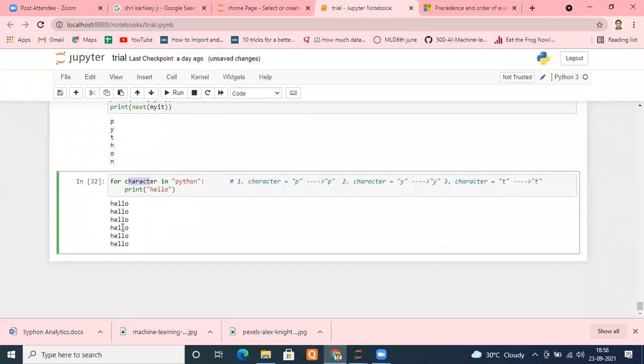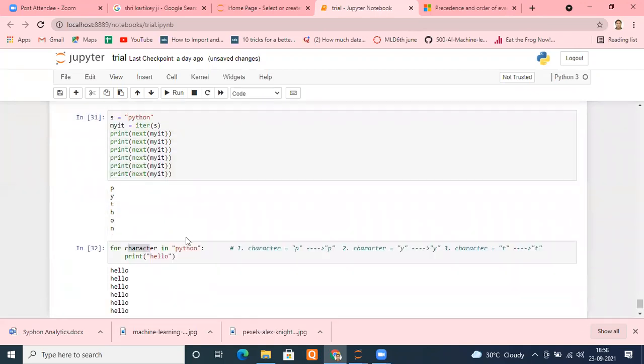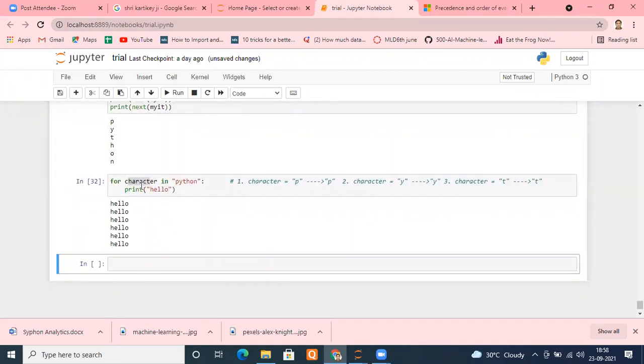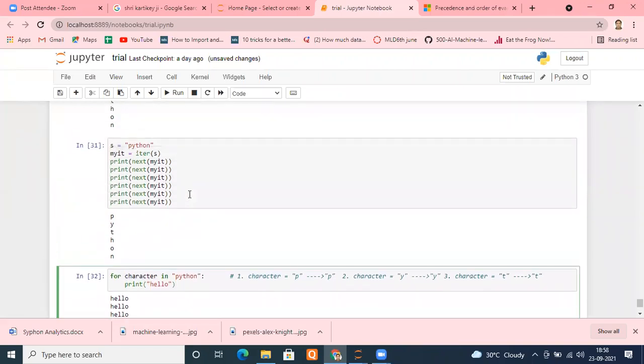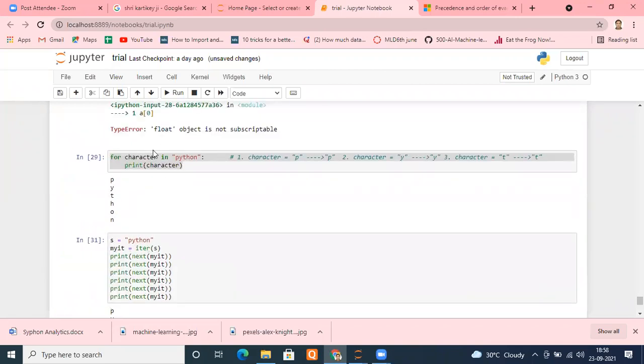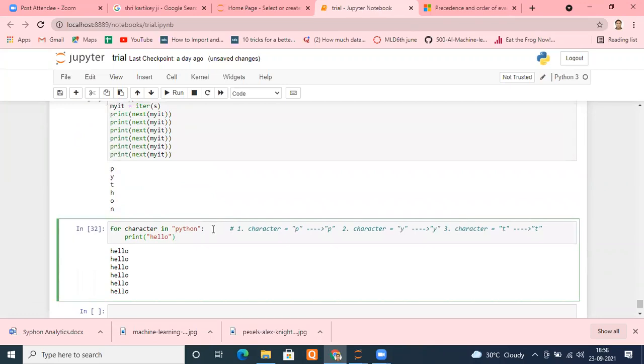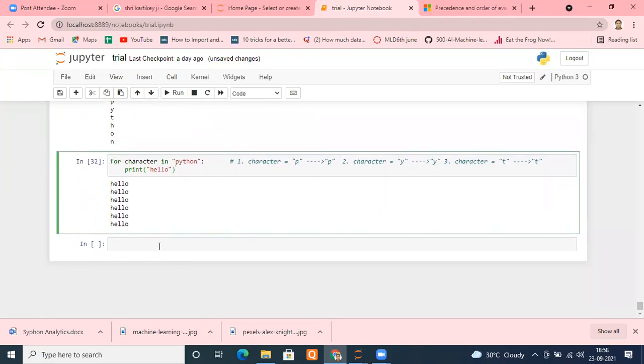Now, one more thing. This is an interesting thing. Let me come ahead. Understand both the cases, right? So you can use your loop variable, but it is not necessary that you have to use your loop variable in your statements. It's not mandatory. That's why I wanted to show you that it is not mandatory to use your loop variable inside your statements. If you want to use them, you can use them like we did here. Entirely up to your choice. So depending upon your application, you can use that.